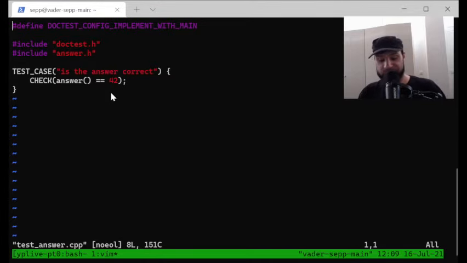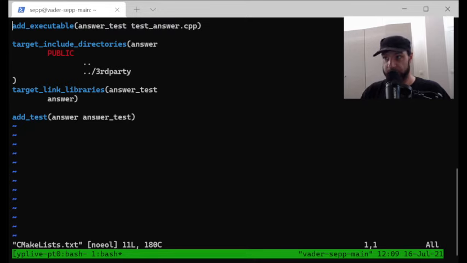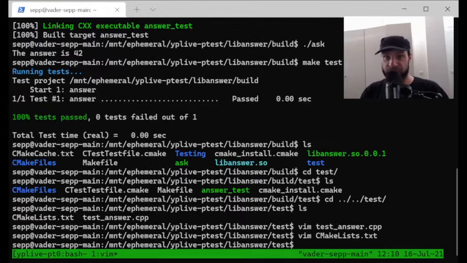Okay, sounds sensible. And we got to look at the test definition for a second. Essentially, that's it. Executable answer test, link, and that's it. Okay, so really no magic hidden here. So we have understood we are producing an answer test binary that is being automatically run by make test, but